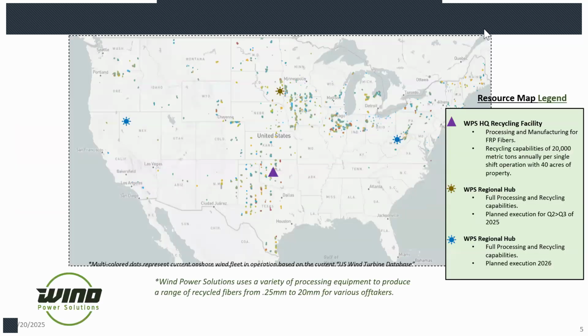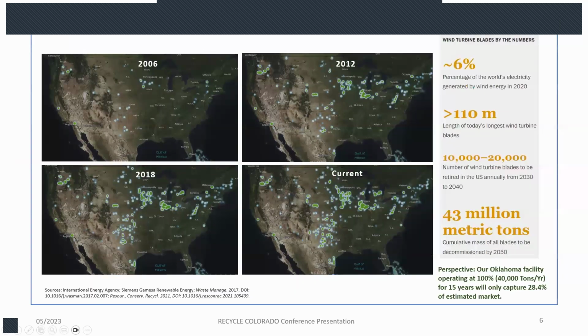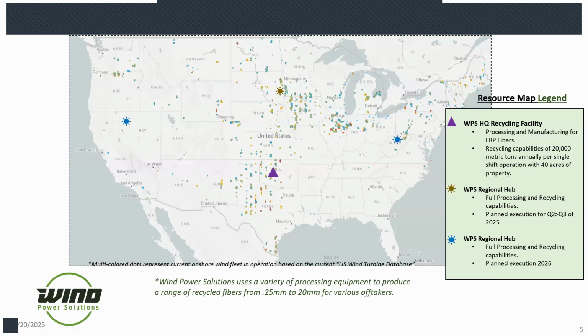This is kind of a data map of where our resources are going to sit. Hold on. So our main facility, so background on the map, all the dots you see, those are the current wind turbines that are in the United States. And then I believe they're color coded per the megawattage they put out. But our main facility, that purple dot you see in Oklahoma,